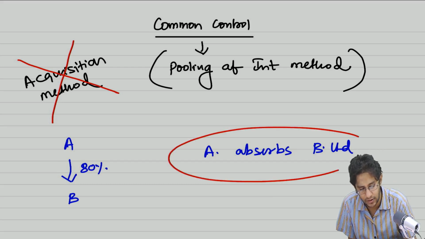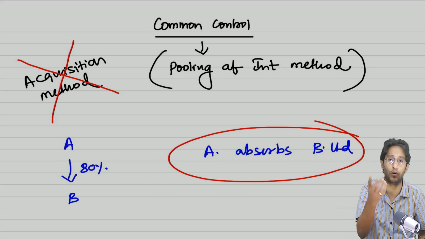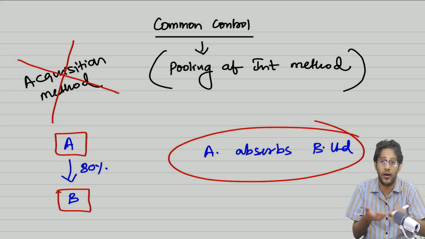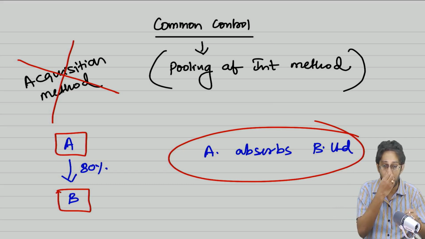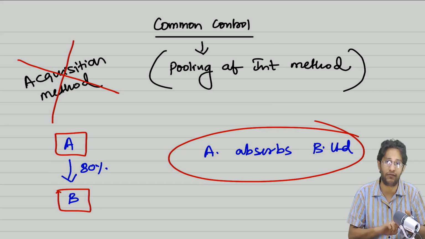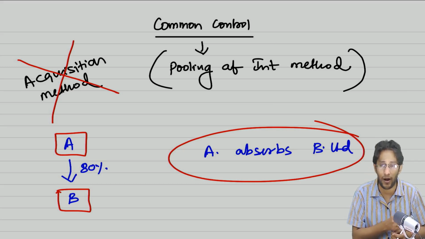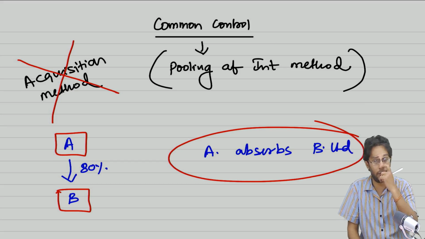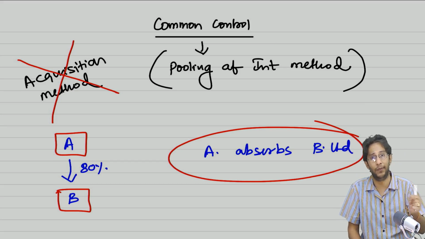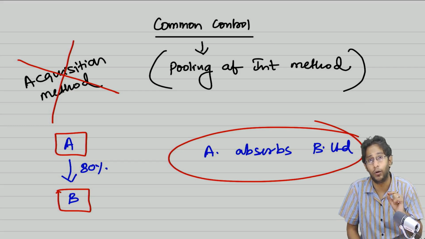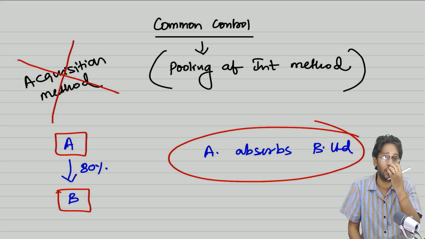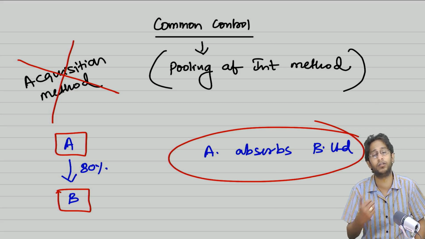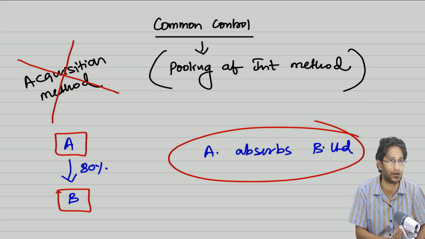Somebody may say: sir, A is absorbing B Limited means A gets control over B Limited, therefore it's a business combination transaction. True. But already A is having 80% shares in B. A is already controlling B. That means when A acquired 80% shares in B, we would have already done the entire exercise of the acquisition method. You would have measured everything at fair values on that date. You would have already determined goodwill and all. If you again apply the acquisition method, what will happen? Again you will fair value the assets and liabilities. As a result, the goodwill number will change. That means you are disturbing self-generated goodwill, which is already created. That cannot be done. That's the reason the acquisition method should not be applied.